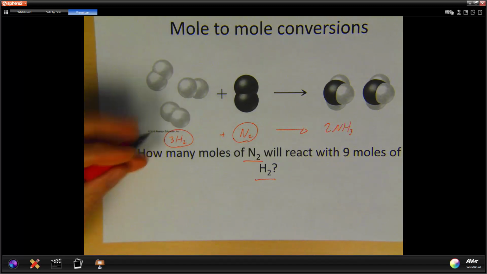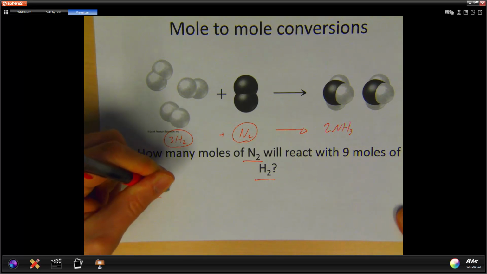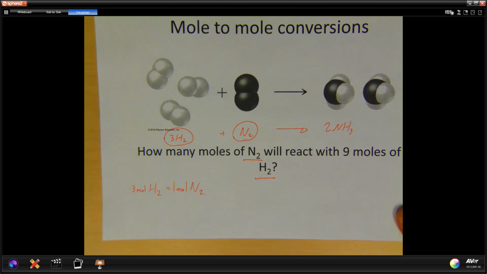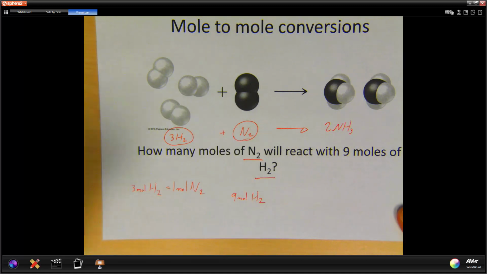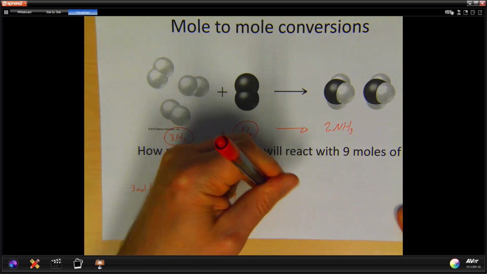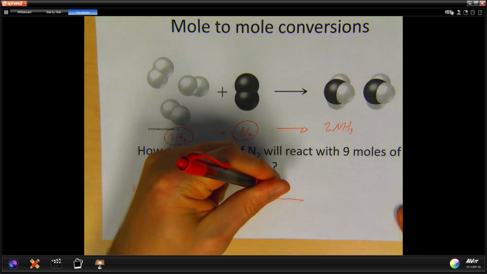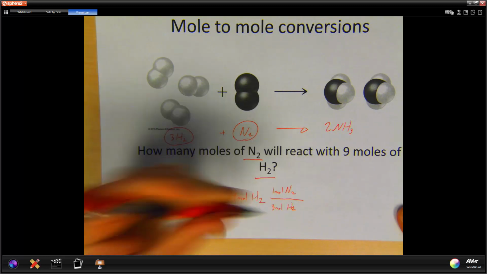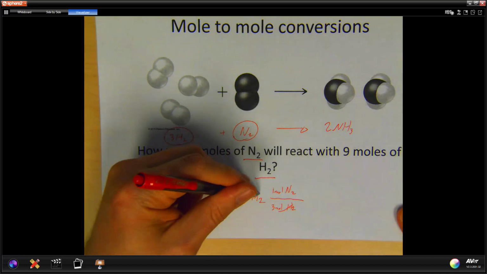So I'm going to write down 3 moles H2 equals 1 mole N2. Okay, so we have that information. That will be our conversion factor. And we have 9 moles of H2, so I'm going to write that down. And then I'm going to write a conversion factor here. We have 1 mole of N2 on the top, 3 moles of H2 on the bottom. Okay, we're setting this up so that the H2 will cancel out, moles of H2, and we're left with units